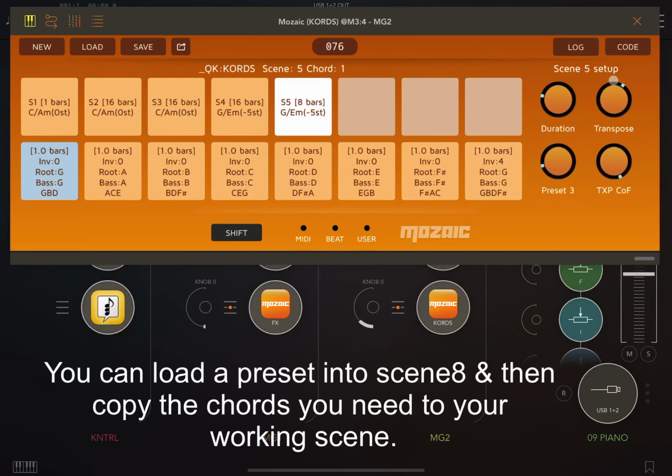I can get the G major, and if we have a look, we've also got the other modes: D Dorian, E Phrygian, F Lydian, Mixolydian, Aeolian, Locrian, and there's some other chord sets in there as well, like noodling the tonic, which is just a set of chords